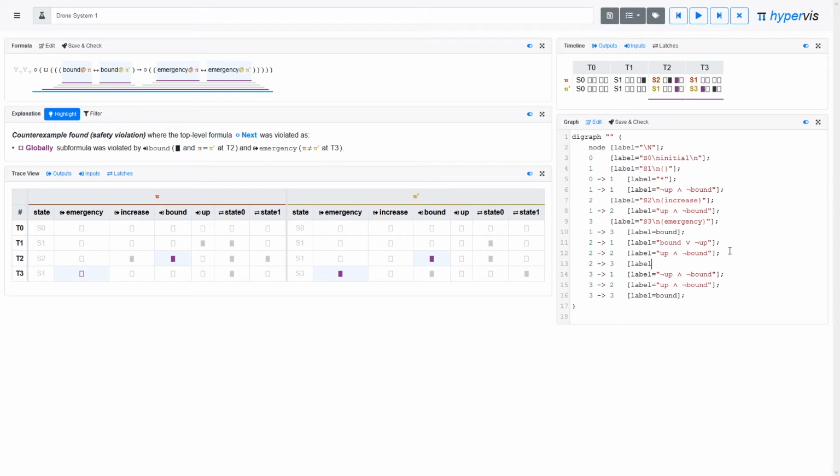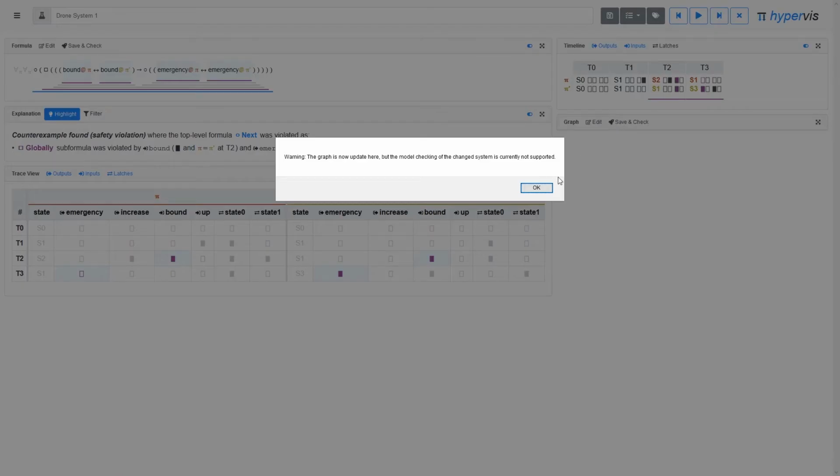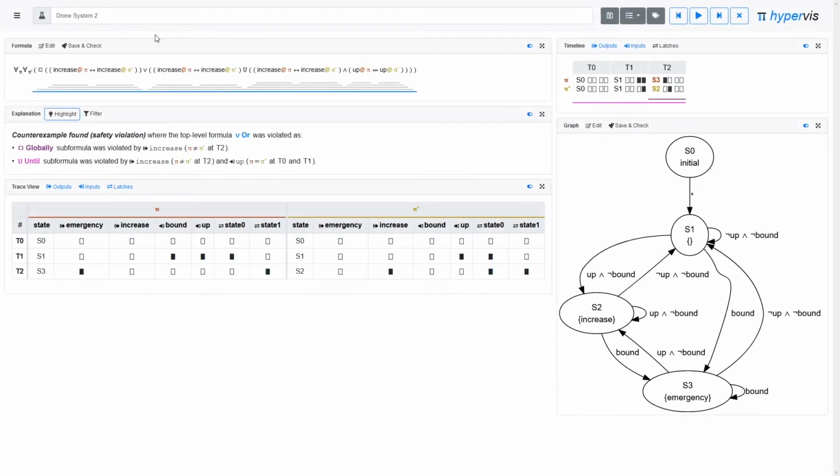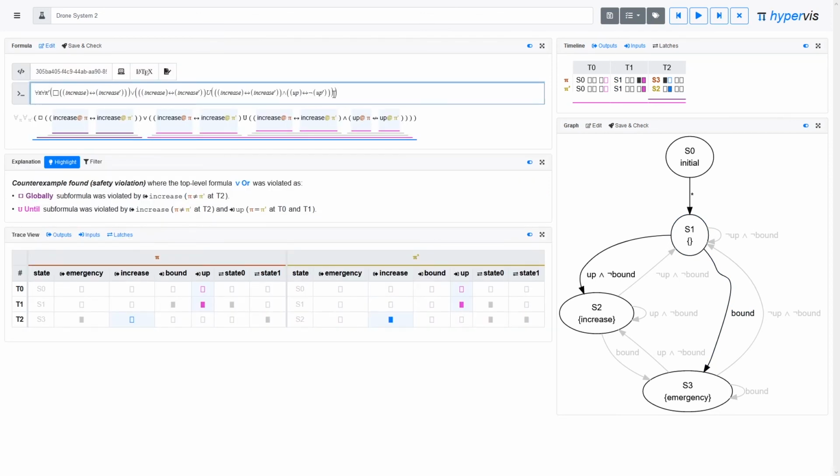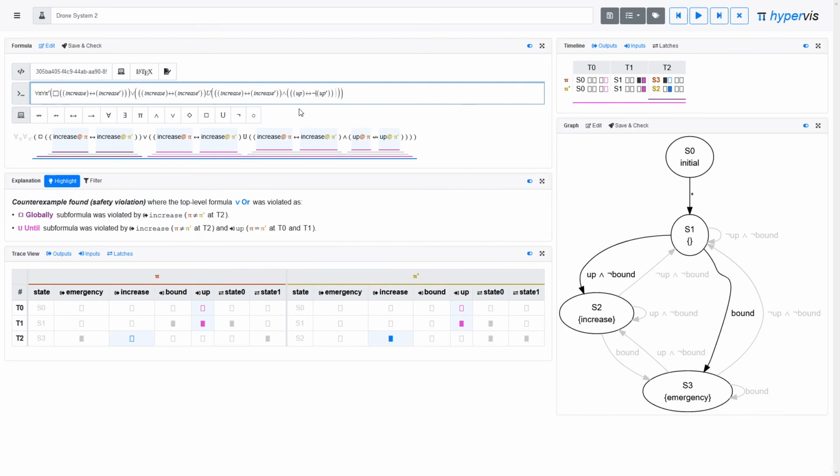This editing of the system is currently supported in Hypervis through a mockup-like functionality, allowing to change the underlying textual representation. The combination of easy-to-parse encodings, clear color mappings, and indication of relevant elements alongside interactive mechanisms such as linked highlighting or stepping through the example make Hypervis a powerful tool for analyzing counterexamples. Further, the integrated editing functionalities for formulas also allow for updating and fixing a specification directly within the interface.